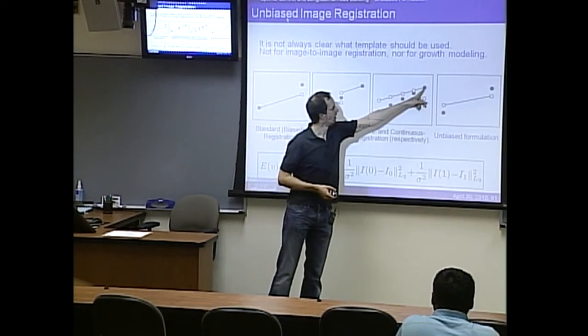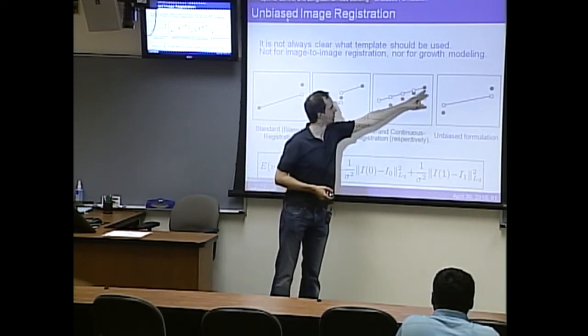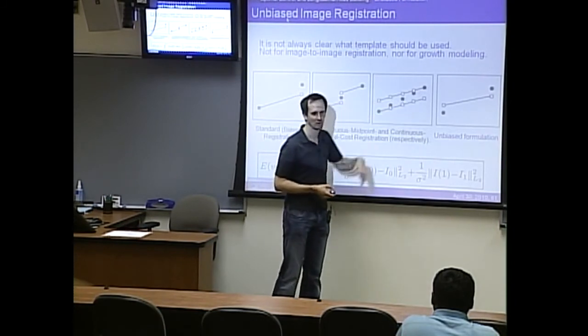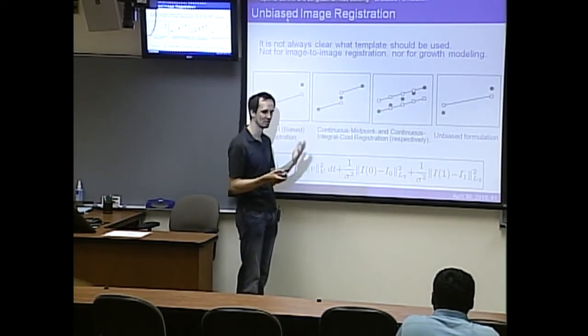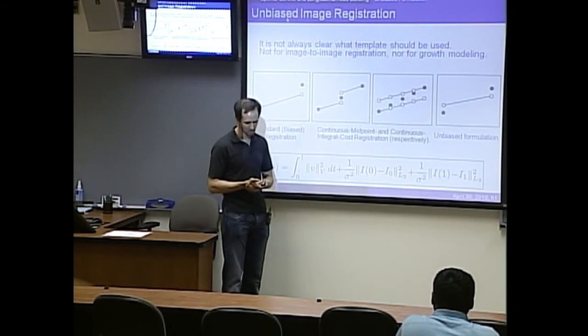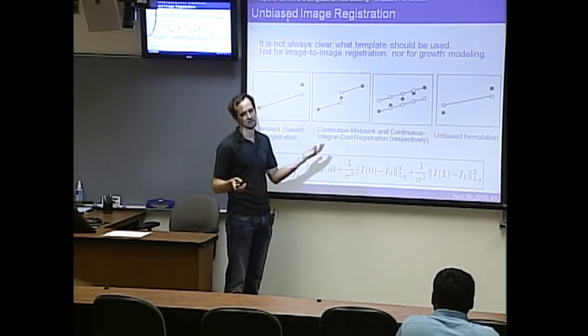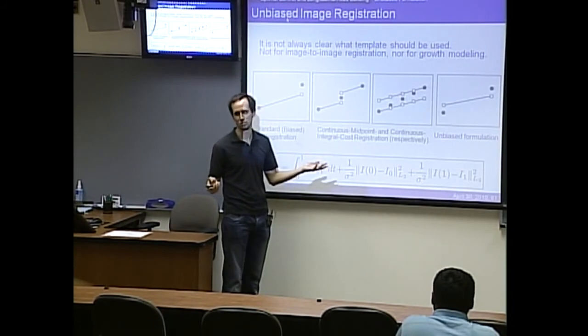So you warp the target, like image 2 to image 1 and image 1 to image 2, and you compare at each time point in between, set up a cost like this. This will also give you something that's symmetric. The problem with this is that, like this midpoint rule, for example, does not really translate to more than 2